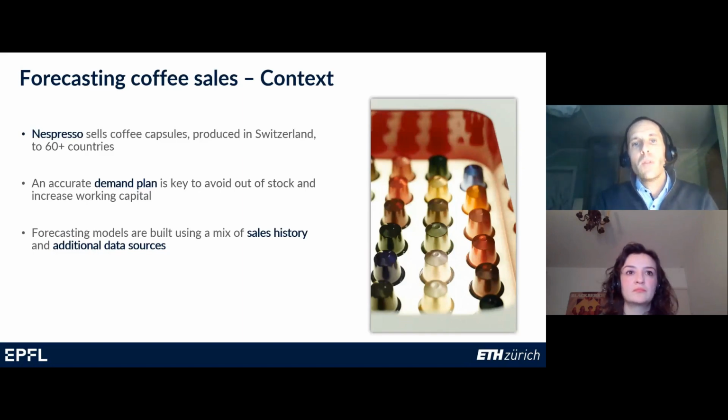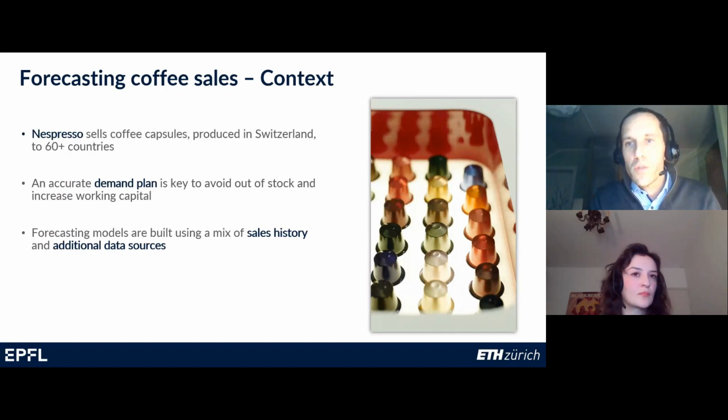So, for example, for each month in the upcoming months, up to whatever forecast horizon you have, you try to predict this for each country, and then in each country for each product. You try to predict for all of the coffee you're selling in France, in Italy, in Spain, and so on. And we do this with different things. Of course, we use the sales history, meaning what you have sold in the last few months,